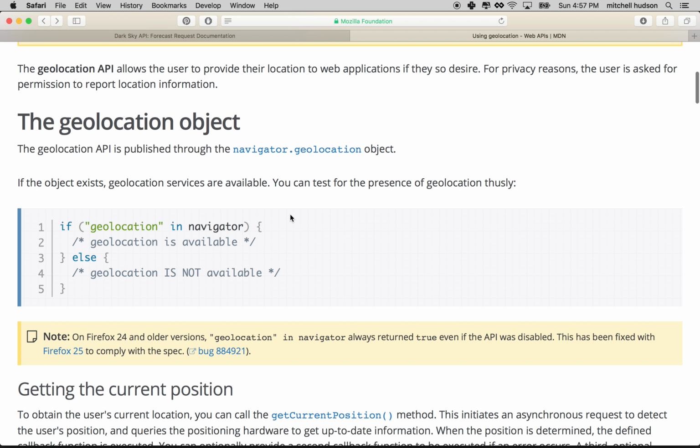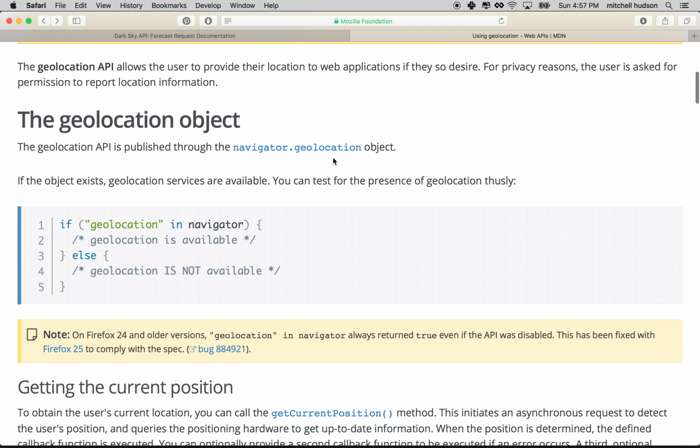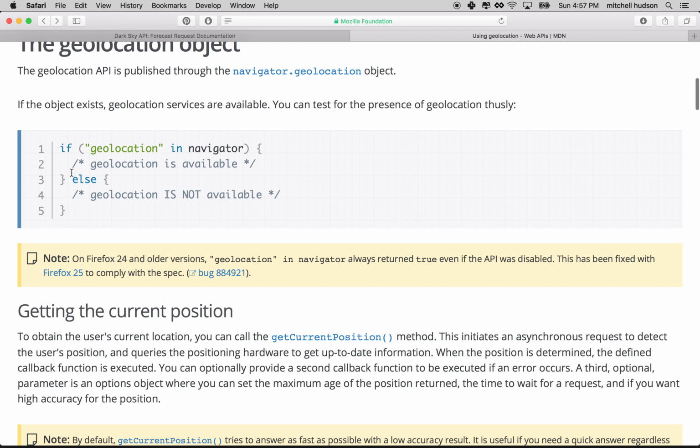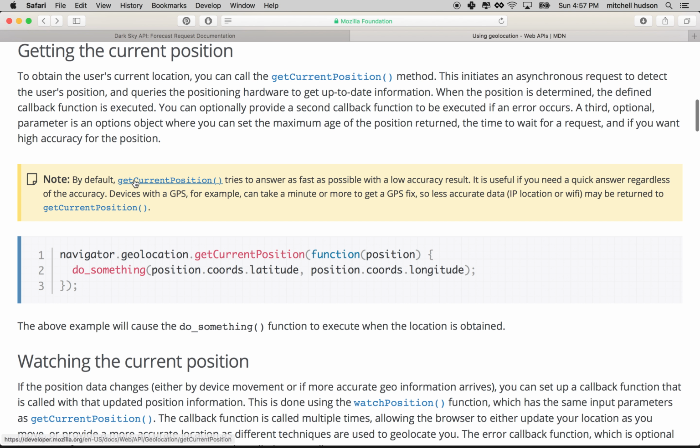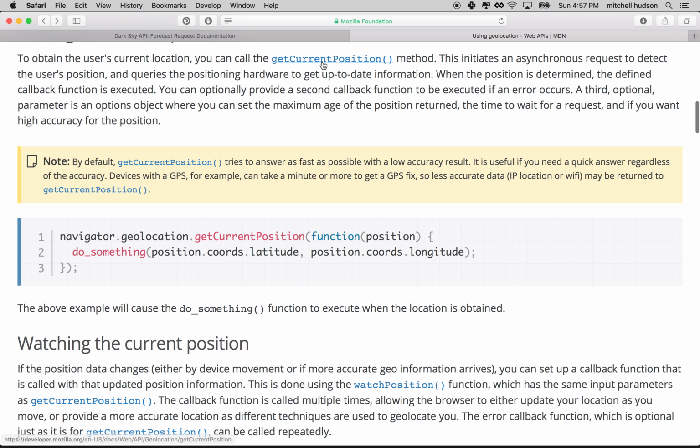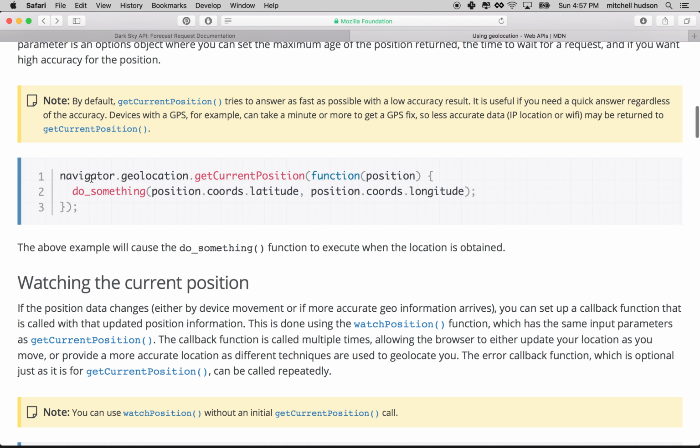Essentially what we're going to do is say navigator.geolocation and then call methods off this geolocation object. This little block of code shows you how to test to see if the device supports geolocation or not. So we could throw that in if you want. And then to get the current position, you're going to call getCurrentPosition. So here's an example: